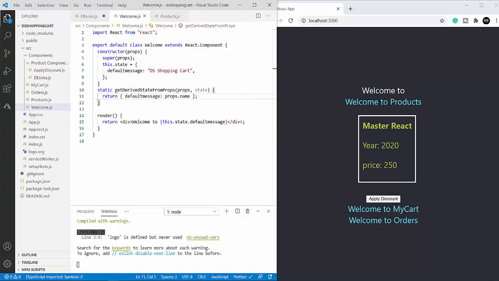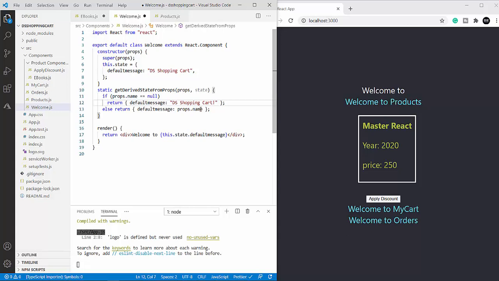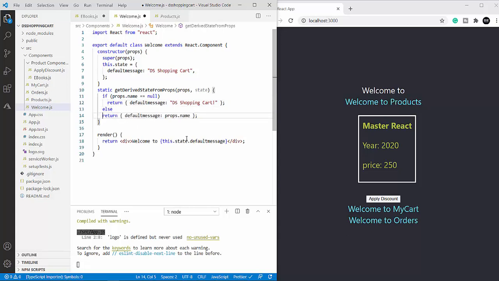Now, in order to rectify this, I can even add the logic that I had already included in the header function inside this default function. I have included the same if condition inside my getDerivedStateFromProps. The only difference is that you have to assign some value to the state variable.